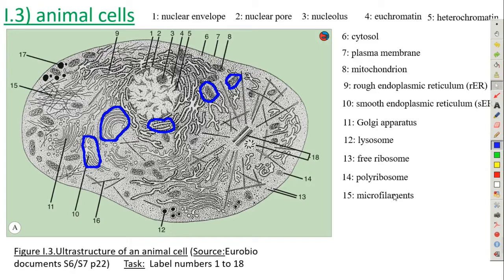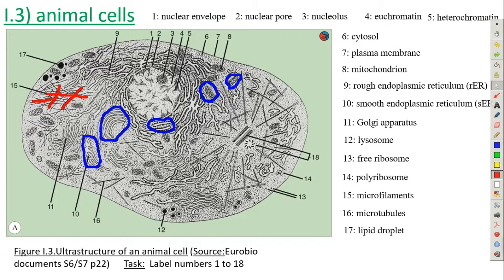Microfilaments, therefore the structure of the cell. So these filaments are almost like metal cables that give structure to the cell. They're not metal, but just a bit like what a building would have to give support. 16. Microtubules, they help move things around. They're made of little tiny proteins which move along and move things around. They intervene in, for example, cell division. We saw that in the beginning of the year. Lipid droplets,